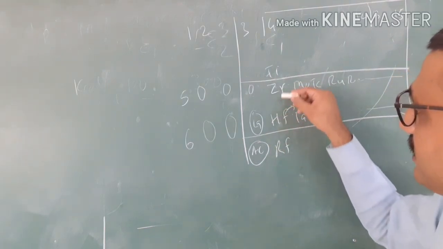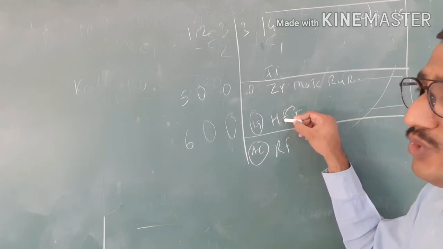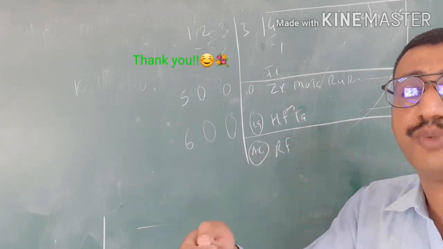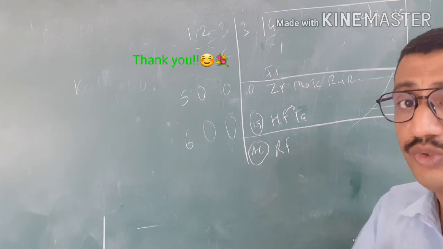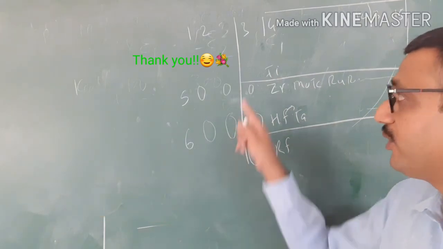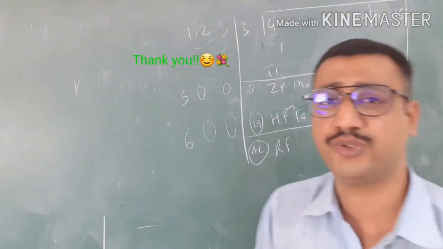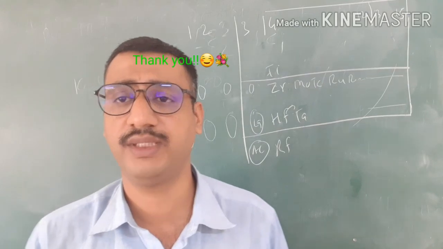So if someone asks you to compare these fifth and sixth period elements, the answer is that sixth period elements have a higher ionization potential value than fifth period elements. I am not talking about the whole fifth and sixth period, I am talking only between group number 3 to group number 15. You may check these values. I'll keep that chart either at the beginning or the end of this lecture.